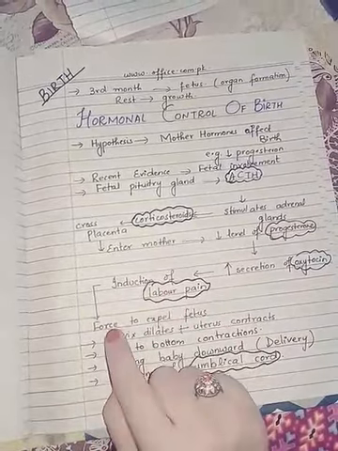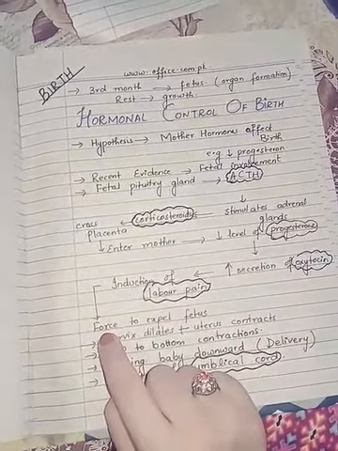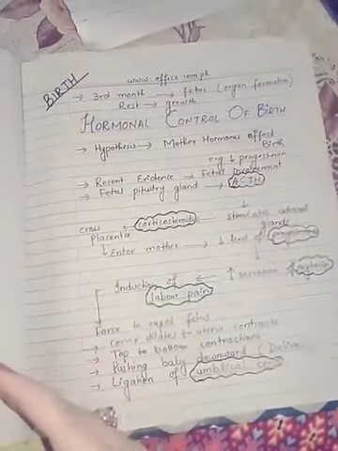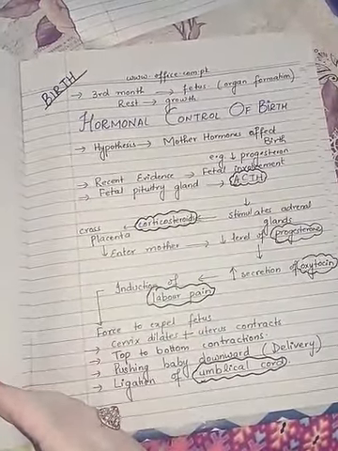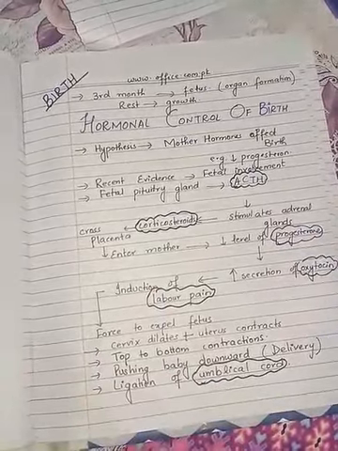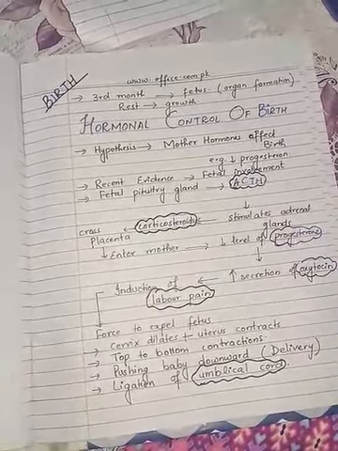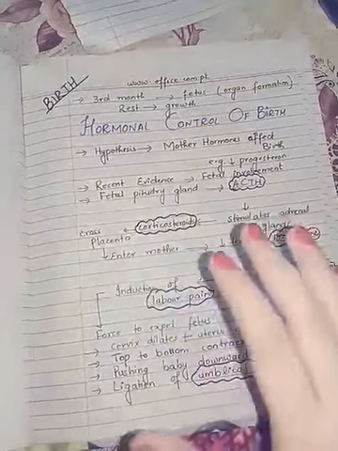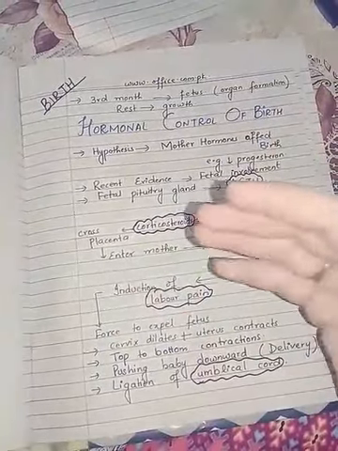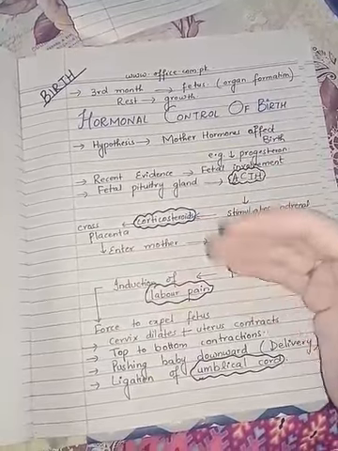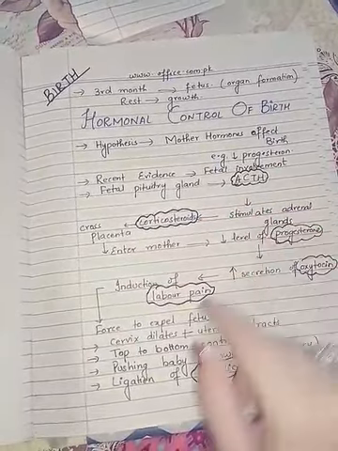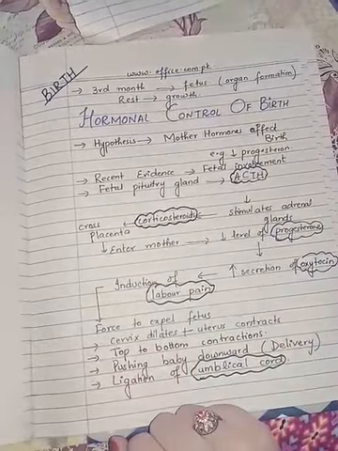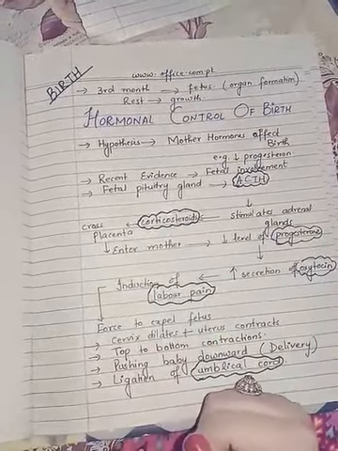This will provide the force to expel the fetus. The cervix, as you have seen in the diagram of the female reproductive system, dilates or opens up to help in the removal of the baby from the body. The uterus contracts, and the contraction movements move from top to bottom to help in removal of the baby from the mother. They push the baby downward, and that will lead to the delivery of the baby.